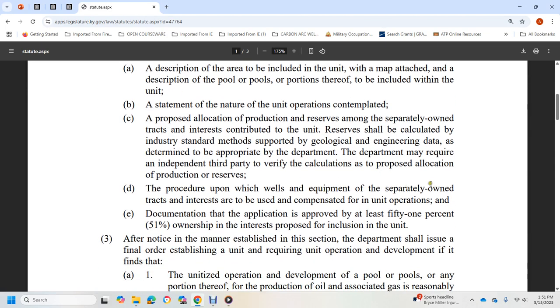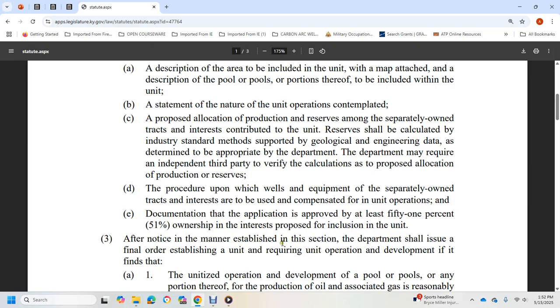The procedure upon which the wells and equipment of separately owned tracts and interests are to be used and compensated in the unit operation, and documentation that the application is approved by 51% of the ownership of the interest in the proposed unit. After notice in the manner established in this section, the department shall issue the final order establishing the unit,